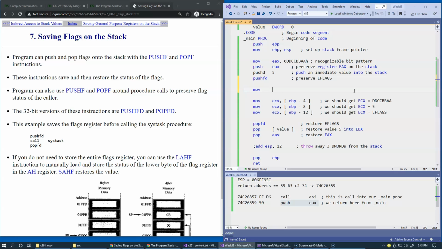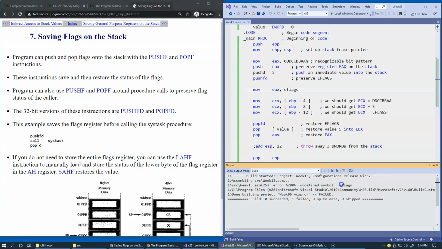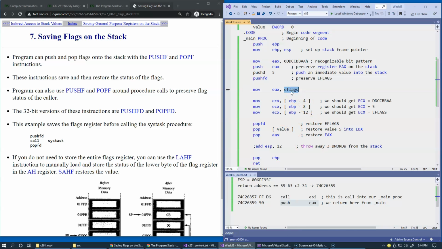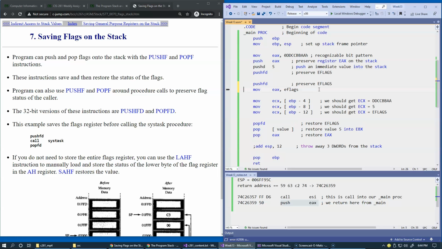For instance, we could use register EAX, but there's no mnemonic for flags, so there's no mnemonic such as EFL, for example, or EFLAGS. None of this will compile. If you try to build this, it's just going to say undefined symbol. It just doesn't understand. But if you want to take your flags and save them in a register, typically what you do is just this: push FD, which is an instruction without operands. You can use the stack,